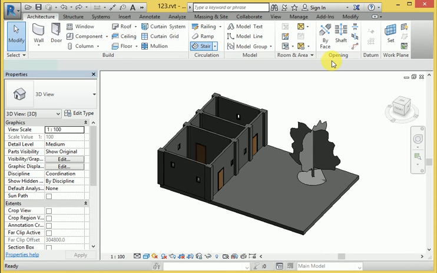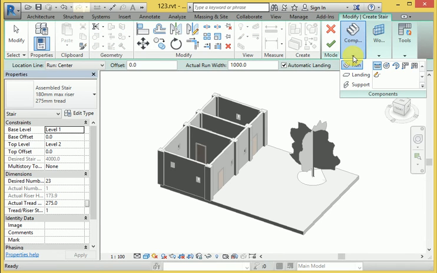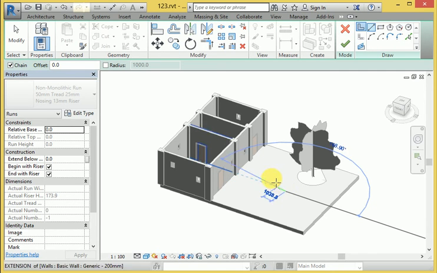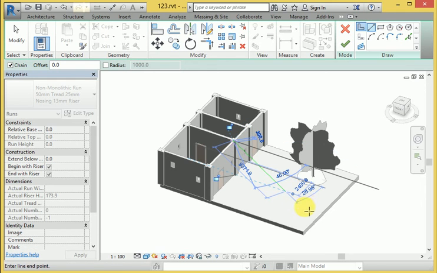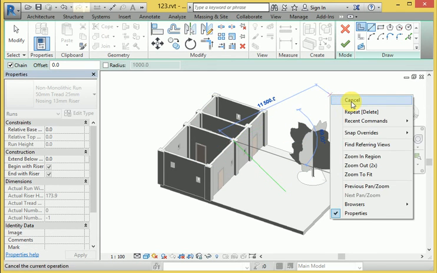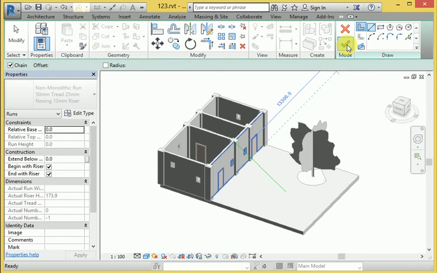When I enter the stair and use a particular one, here you can see start from sketch. When I use the sketch here, then okay.